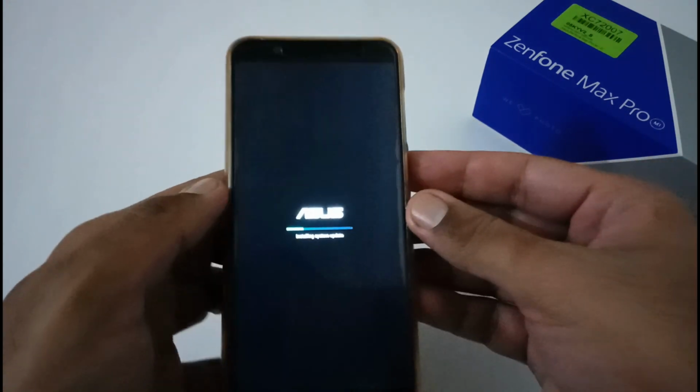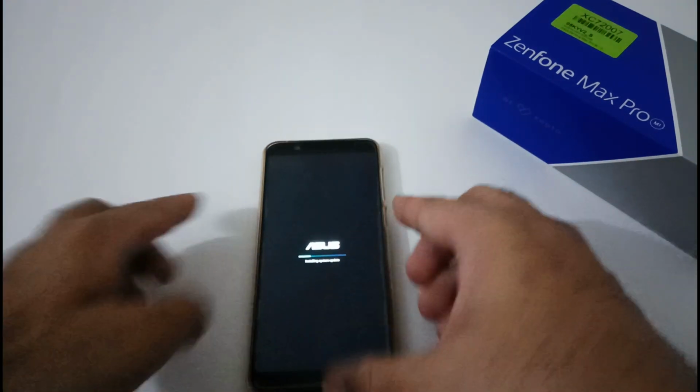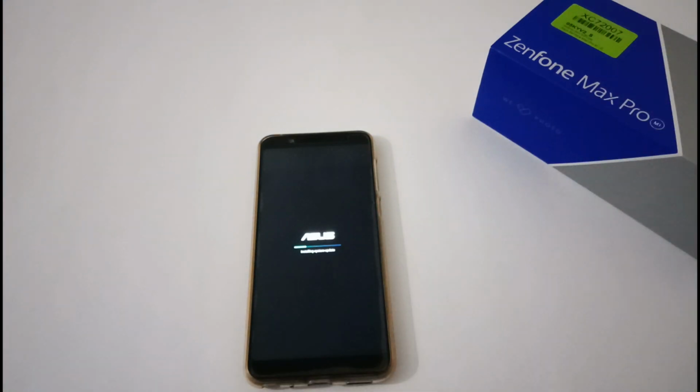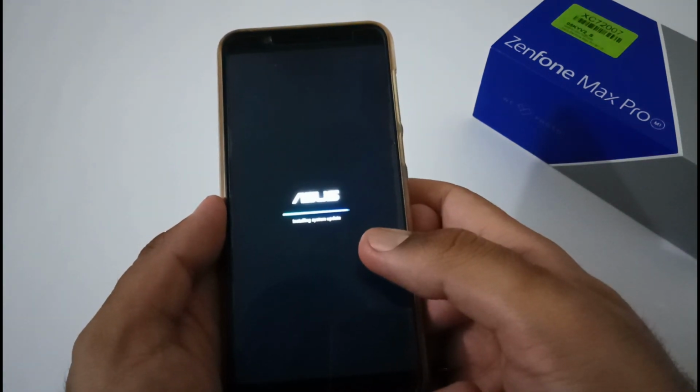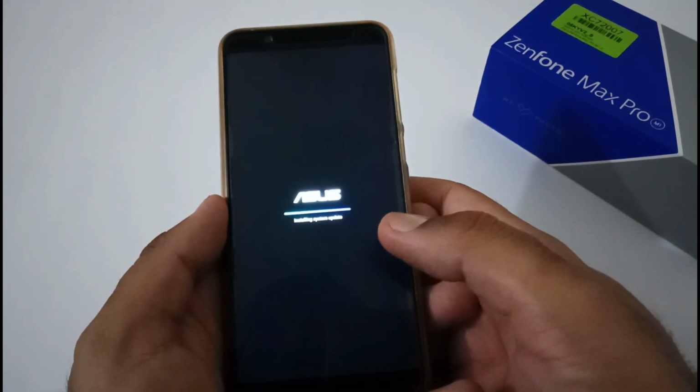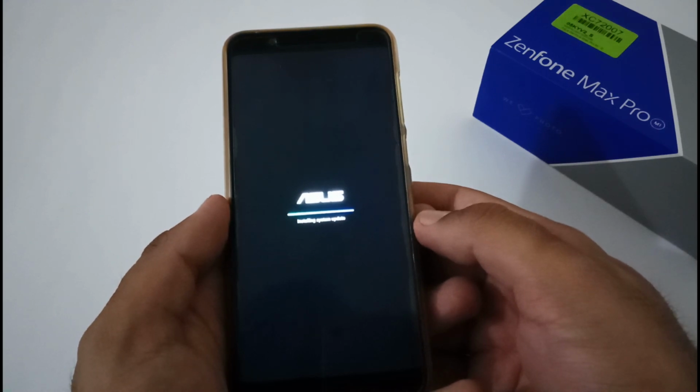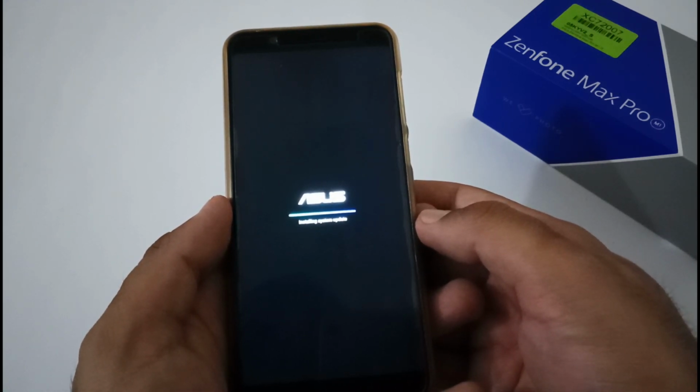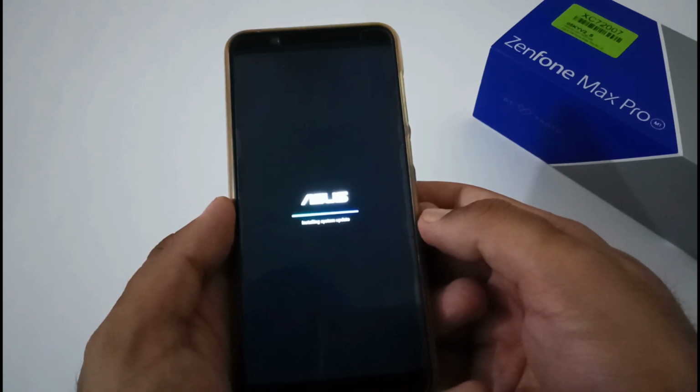Now we have to wait nearly about 5 to 6 minutes for this process to complete, and afterward our phone will boot to the home screen and login screen after, I think, nearly about 2 to 3 minutes. So finally the installation process is near to close, or I would say complete. It will now reboot our phone, and rebooting the phone will take nearly about 2 to 3 minutes to finally boot to the home screen or login screen.